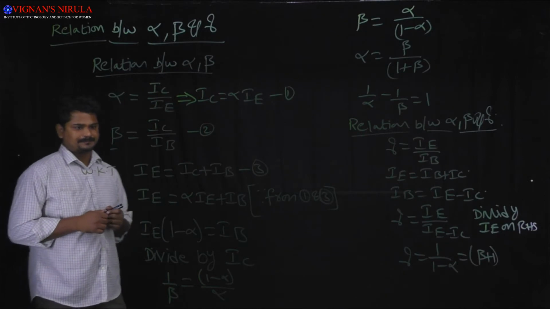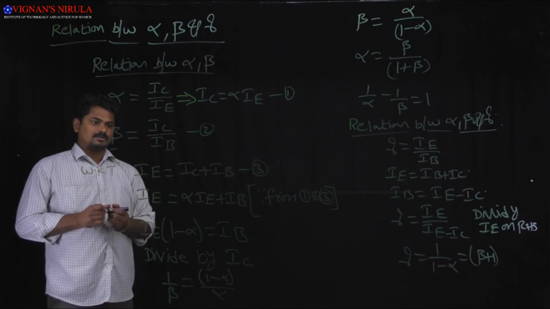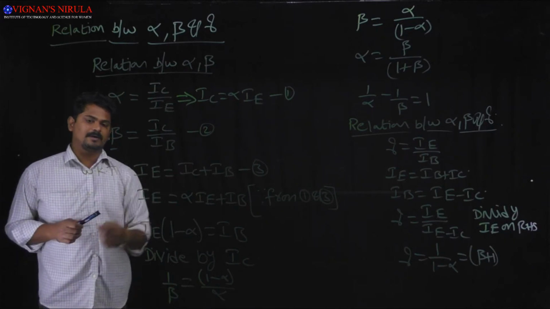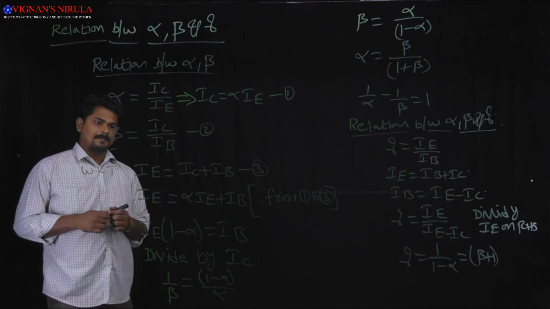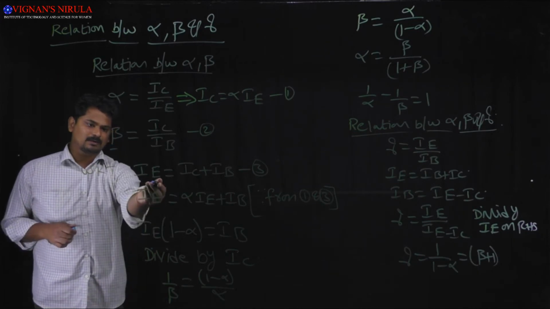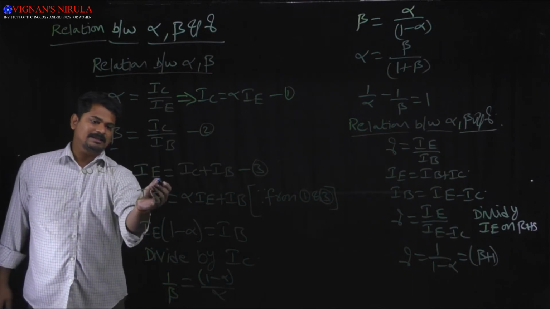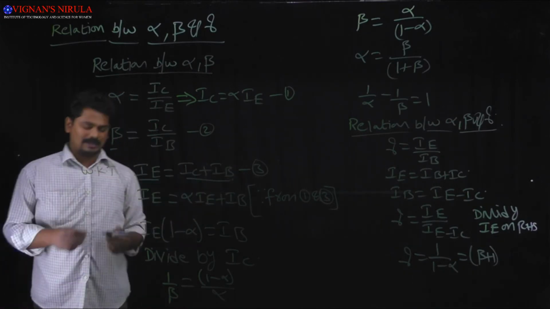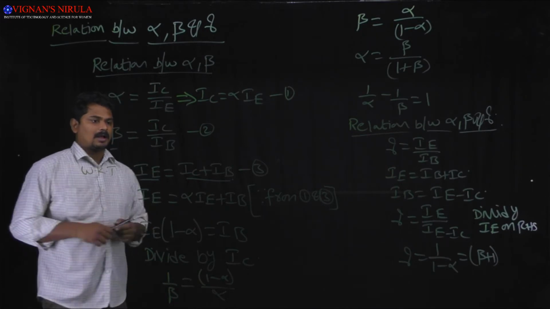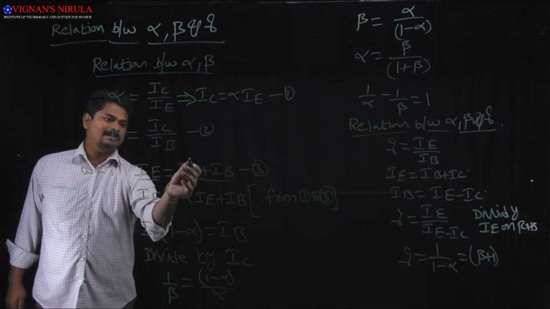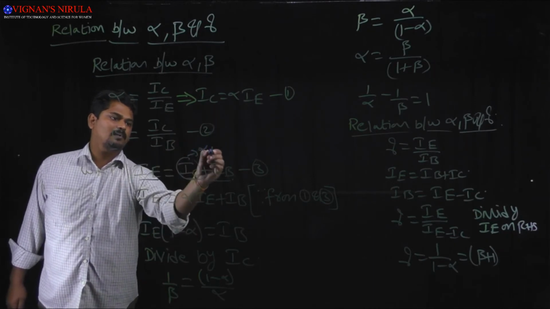To bring out the relation between alpha and beta, whenever we apply Kirchhoff's current law to the transistor, we get the total current IE equal to IC plus IB. So this is the entering current and the leaving current. IE is equal to IC plus IB. When we substitute the value of IC, which is alpha into IE,